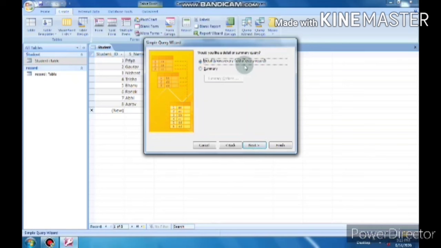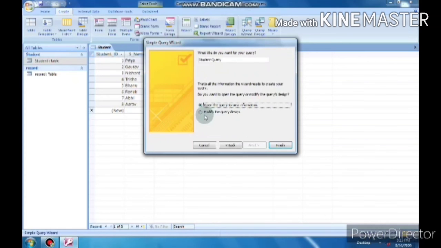Student ID field. To create a relationship, click on the database tools. In the database tools, here is a group, show and hide group. In the show and hide group, we can see here it is relationship. Click on it. After clicking on relationship, record table is selected and student table is selected.